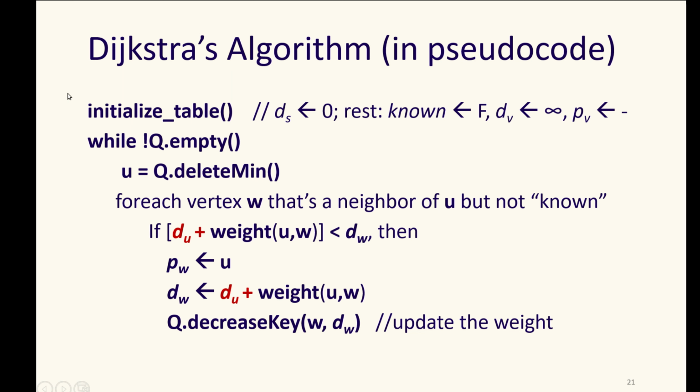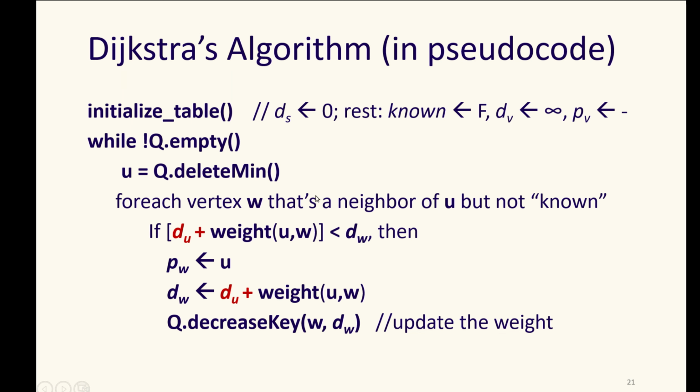So to outline Dijkstra's algorithm in pseudocode, we initialize that table that has the distances, has a row for each vertex, etc. We set everyone's distances to infinity except for S, our starting location, our starting vertex. They are all not known, and they all have no parent so far. While our priority queue is not empty, we get the minimum cost vertex off of that priority queue, and for